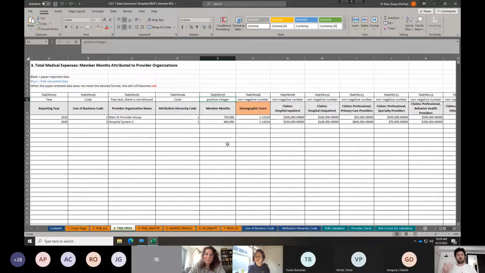That wouldn't really be useful for the data submitter or for us, because we can't hold anybody accountable for 6 member months. So just getting rid of that and moving it over to unattributed at the aggregate level for providers, not at the individual level. Hopefully that helps. Okay, that makes more sense. Thank you. Sorry, I didn't clarify that. Any other questions for that?